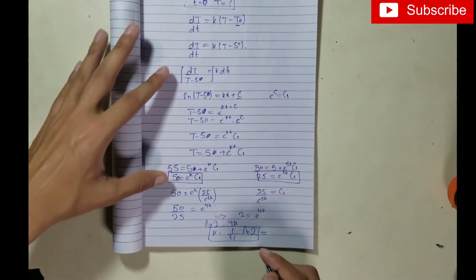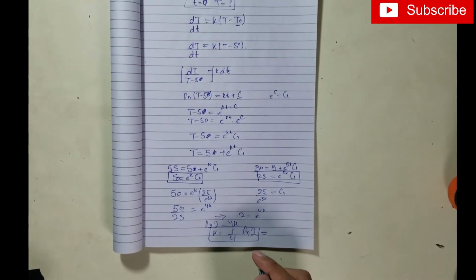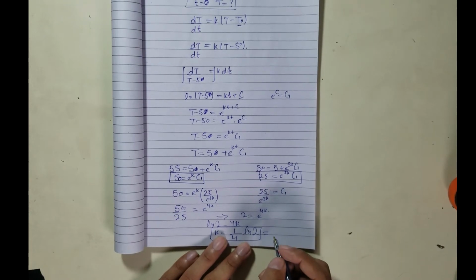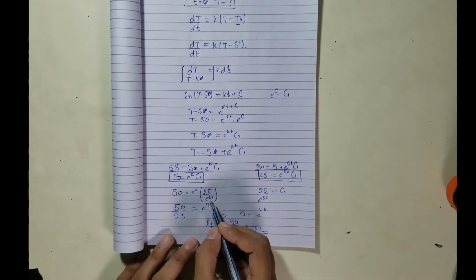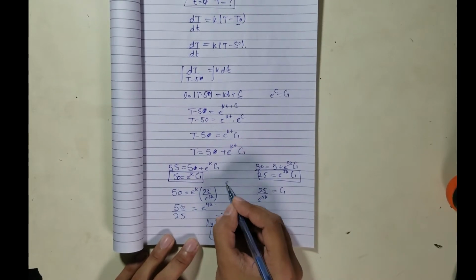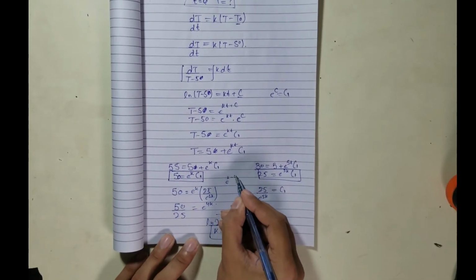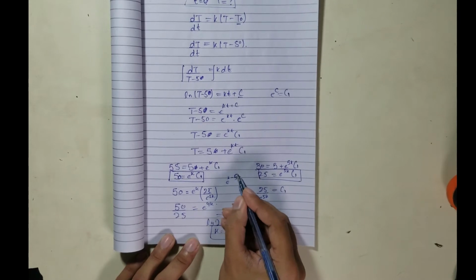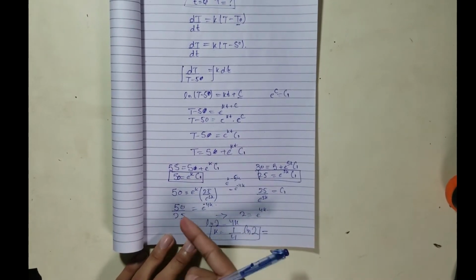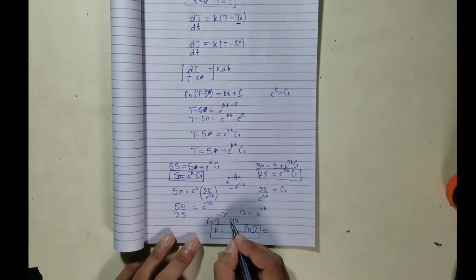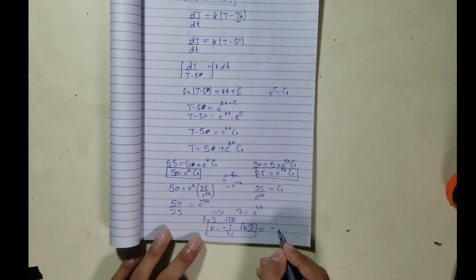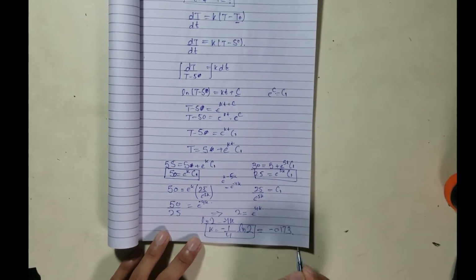So putting the value of this into calculator, so our answer will become, this is e power k minus 4k 5k. So this will become e raised to the power minus 4k. So minus will come here, and taking the antilog of both the sides, so minus will also come here. So the value of k is minus 0.173.